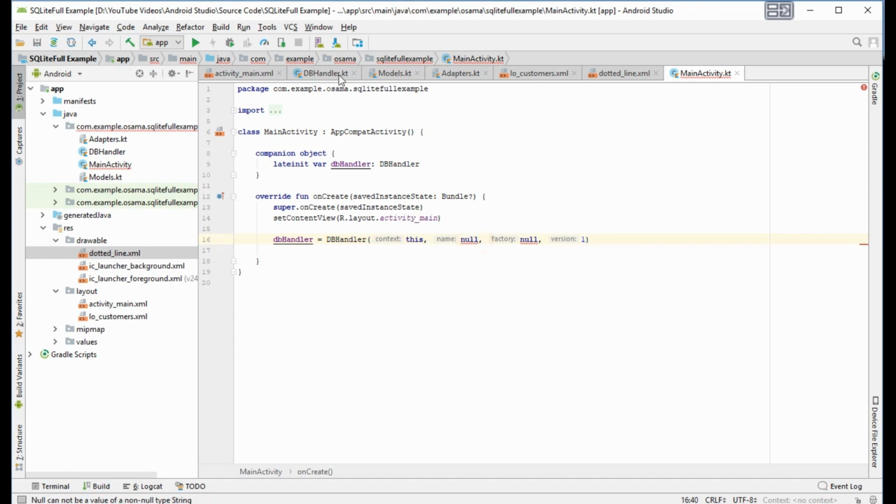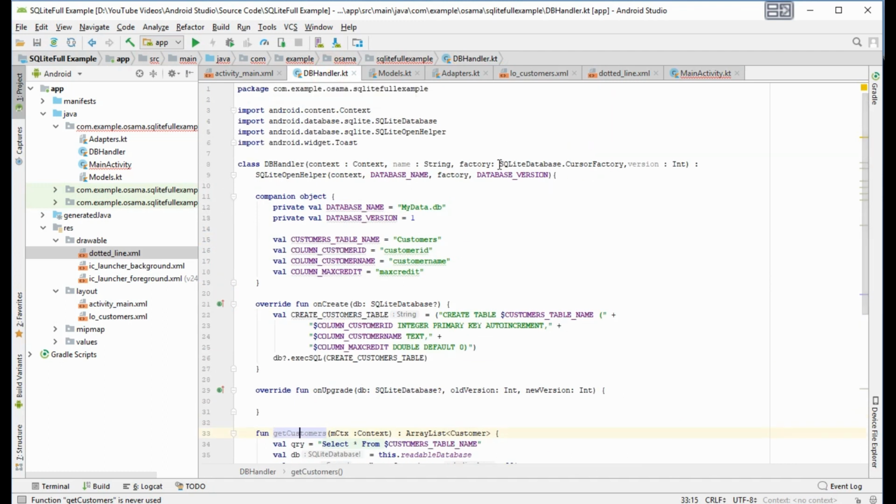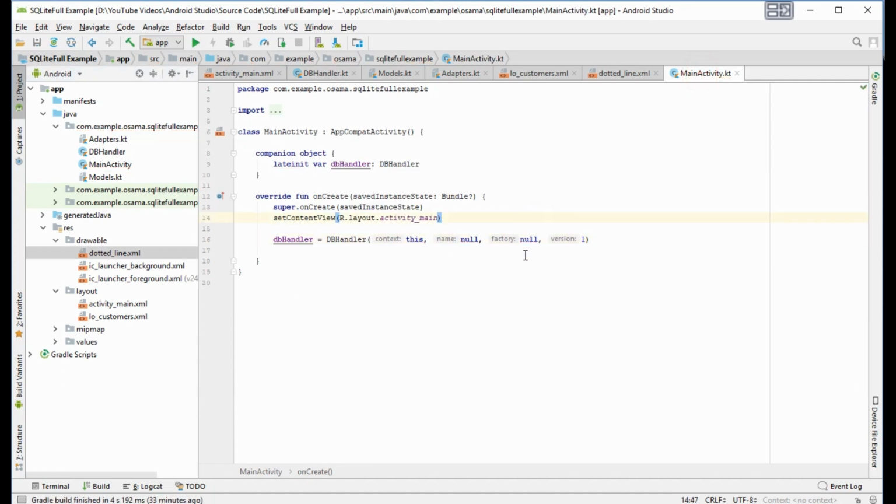Here is an error because we should put the null value here and here. Okay, it's done.